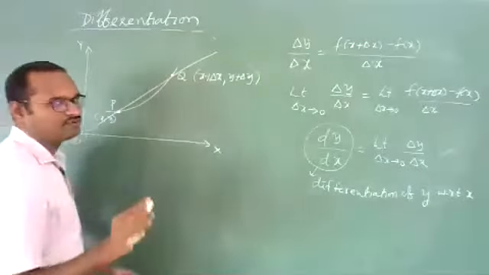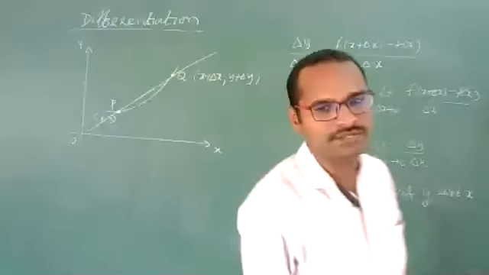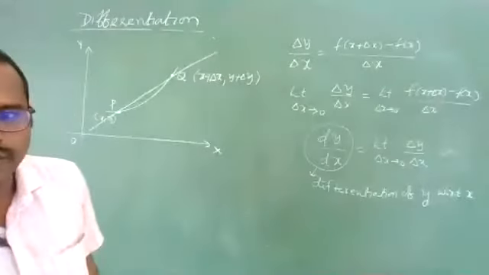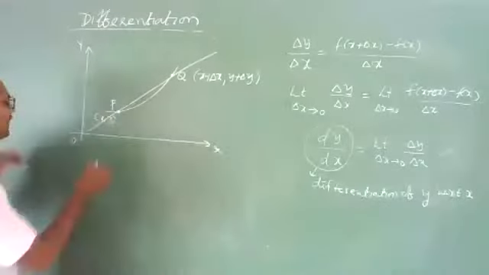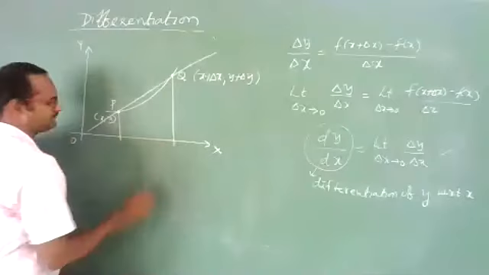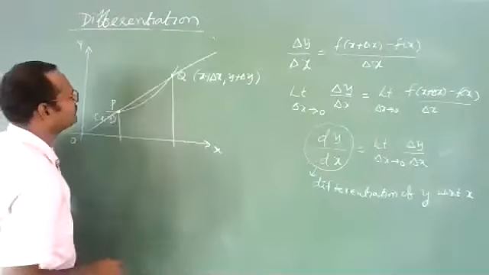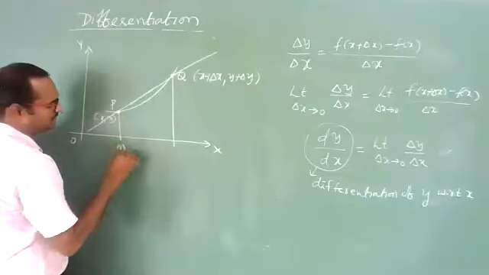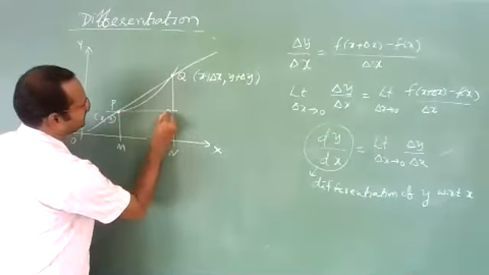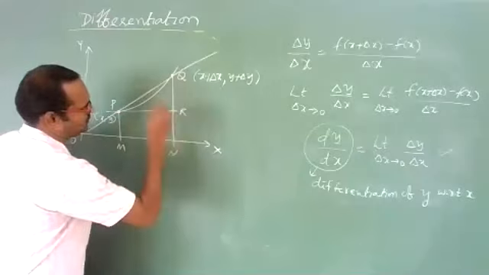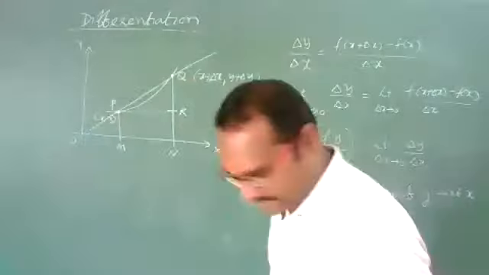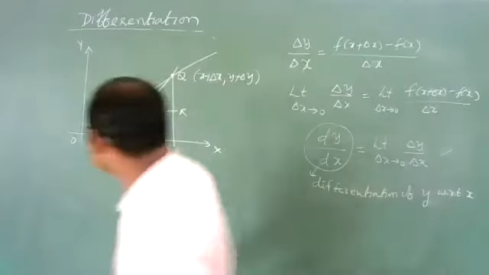So for this line, we need to find the slope. To find the slope, draw 2 perpendicular lines from these 2 points. One line I am drawing like this. One more line I am drawing like this. Let us give names for these. This is M, this is N. And let us draw one more perpendicular like this. This is R, let us suppose. Now, in this, let us locate the points.